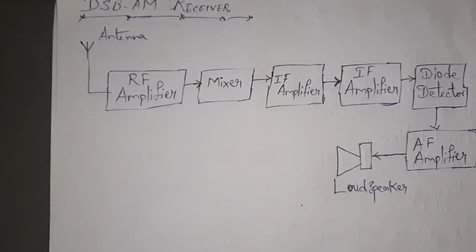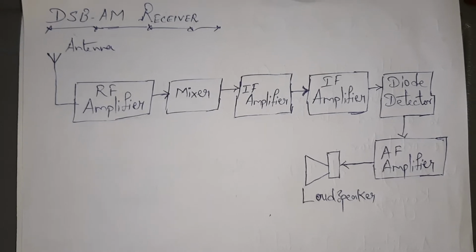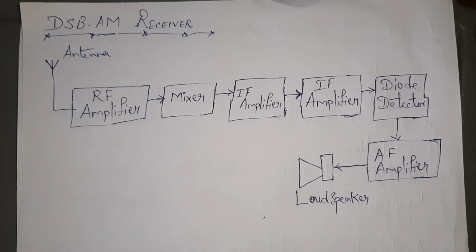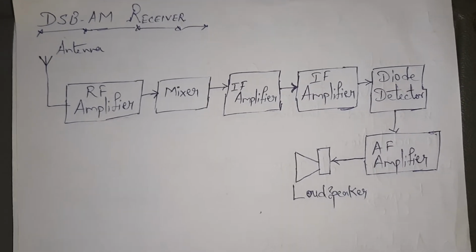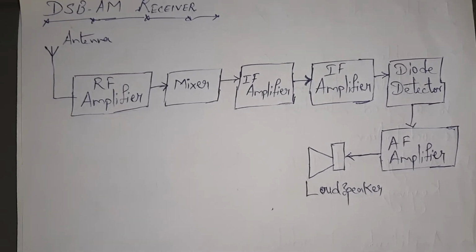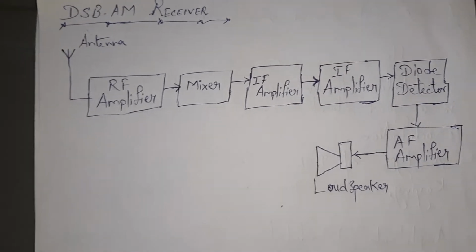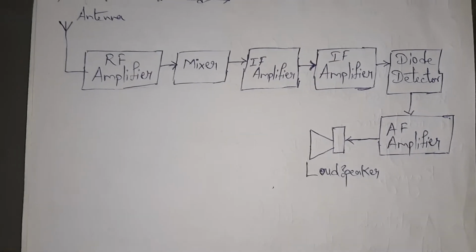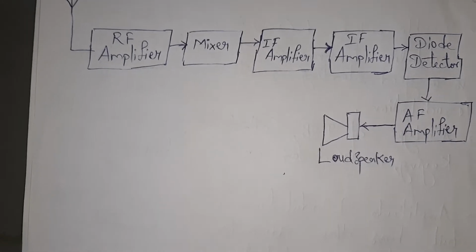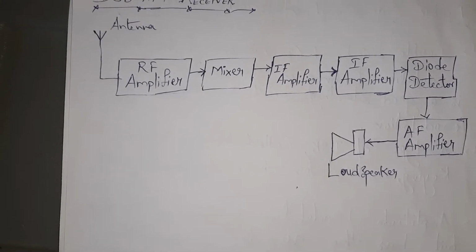First, the RF amplifier, that is the radio frequency amplifier. The antenna not only provides a very low amplitude input signal, but it picks up all available transmissions at the same time. This would mean the receiver output would include all the various stations on top of each other, which would make it impossible to listen to any one transmission. The receiver circuits also generate noise signals which are added to the wanted signals, so we hear this background noise. We already listened to that background noise.